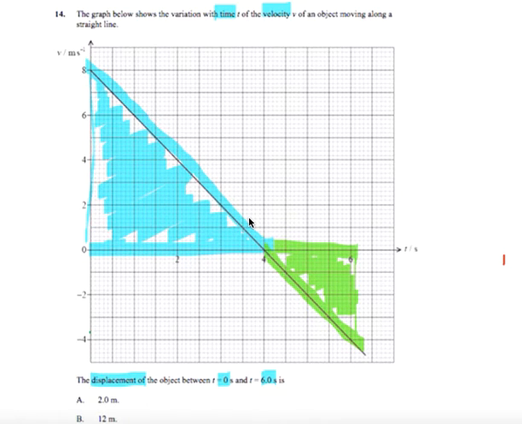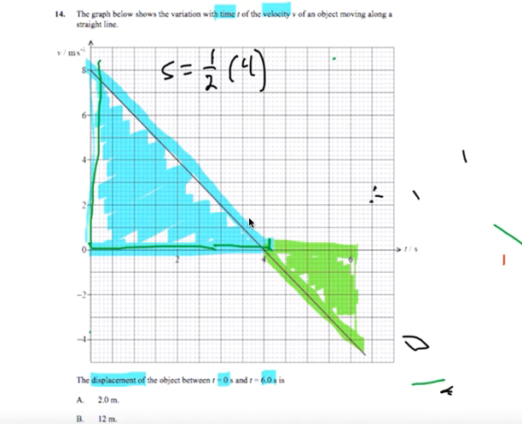Or in other words, the total displacement is going to be the blue region, which is 1/2 base, the base is 4 seconds, times height. The height is 8 meters per second. Take away